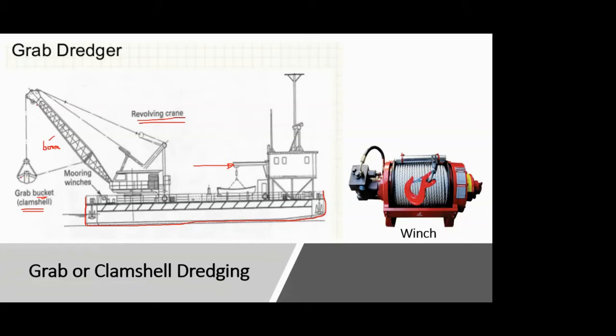So at this moment in this very sketch, what you see is a closed one. And then you see two strings attached to it, or two ropes. This is rope number 1, suppose, and this is rope number 2. Now this rope number 1, if you see, is attached to this pulley arrangement at the end of this boom. So you have a pulley arrangement here, as well as you have a pulley arrangement over here.